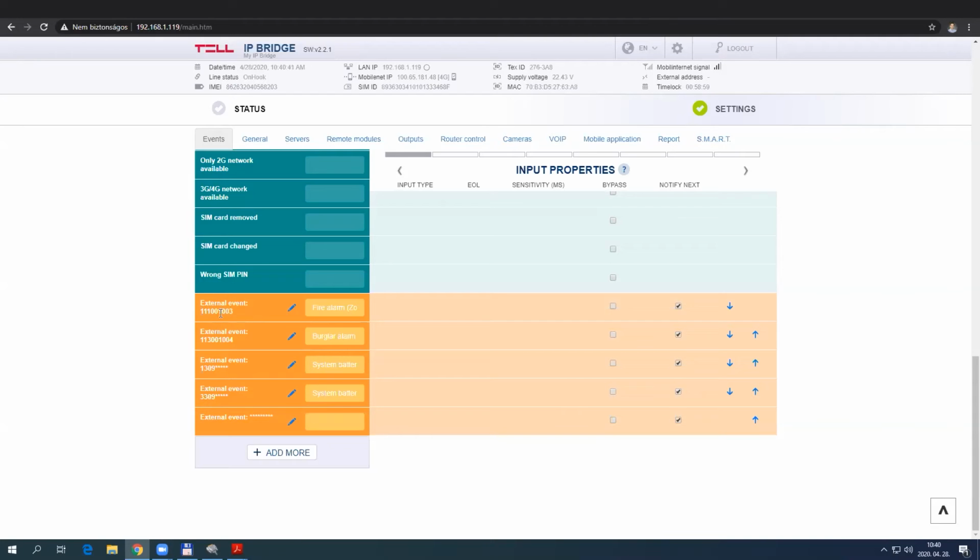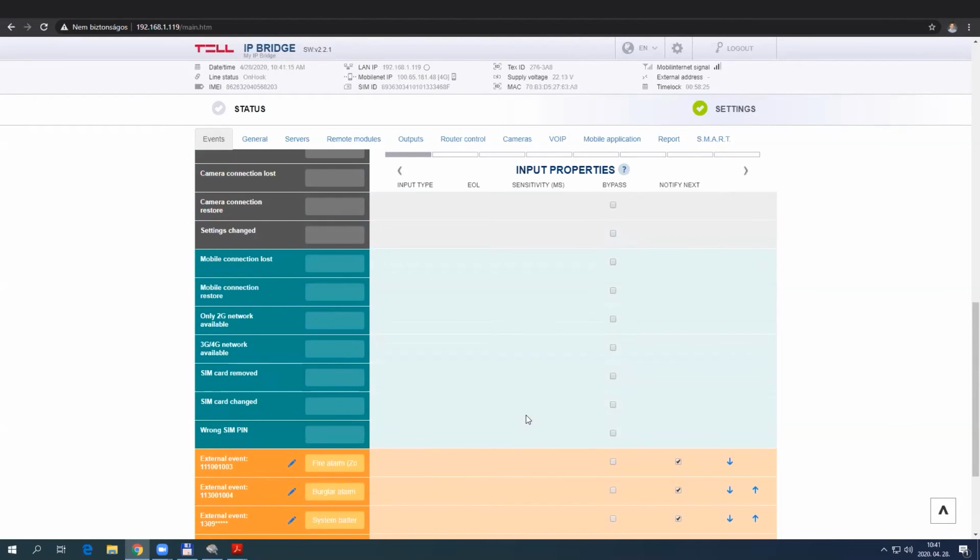Now I have added events for zone number 3, which is a fire alarm event, for zone number 4, which is a burglar alarm event, and I have also added the battery fault and the battery restore events. And other events are all processed and sent to the monitoring station, but I use only these 4 events to send messages to mobile phones,